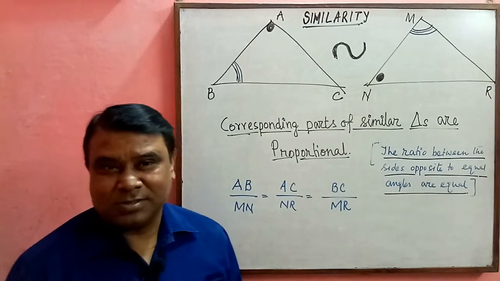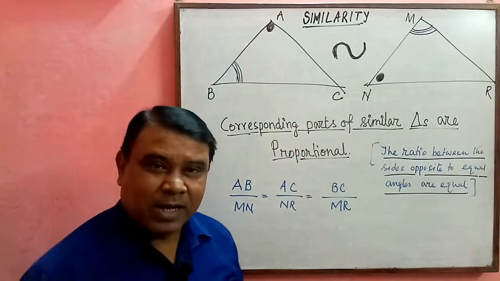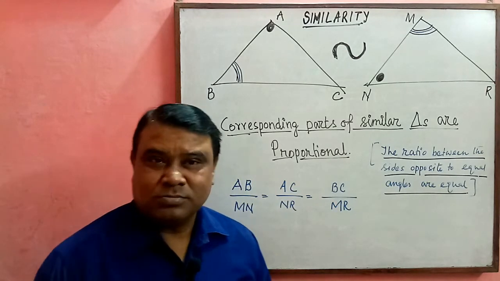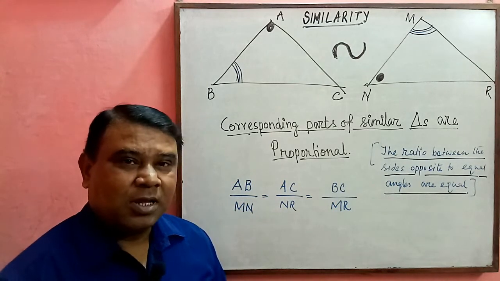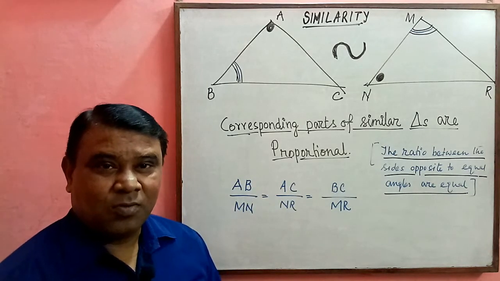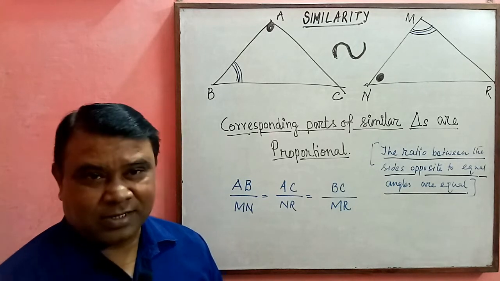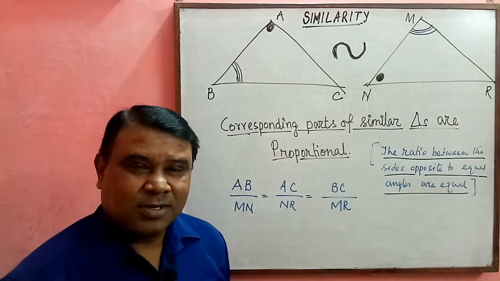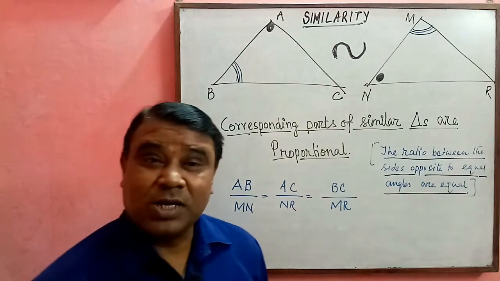In my last class, I discussed congruence and similarity. I've also told you about the Thales theorem, and I proved it. And with the help of Thales theorem, we have come to the properties of similar triangles. That is the reason Thales theorem is known as the basic proportional theorem,